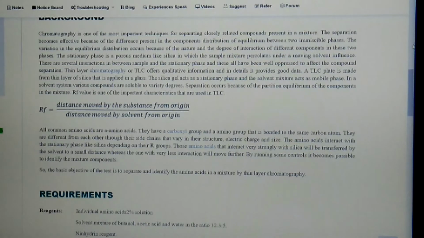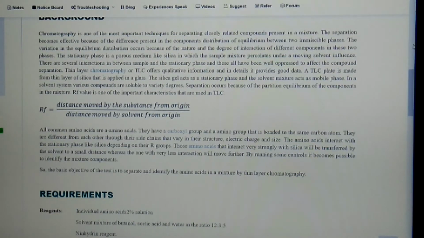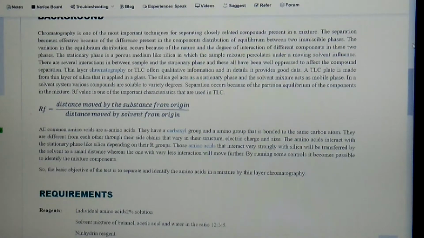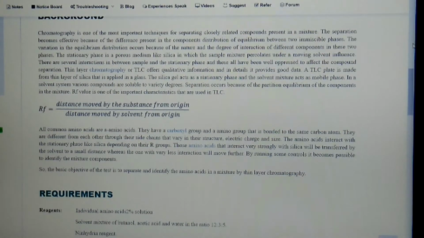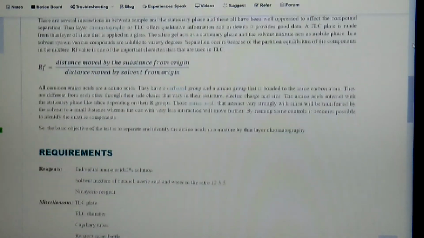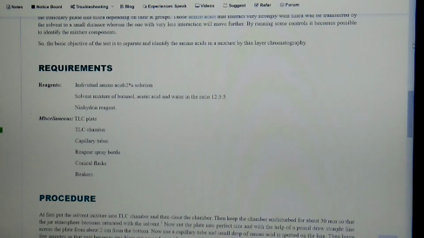So from here we get the basic objective: to separate mixtures of sugars and amino acids using the thin layer chromatographic technique. This was a small introduction regarding what chromatography is. In my next video I will discuss the procedure of the technique we use for the separation of sugars. Here I also want to conclude with the requirements we use for thin